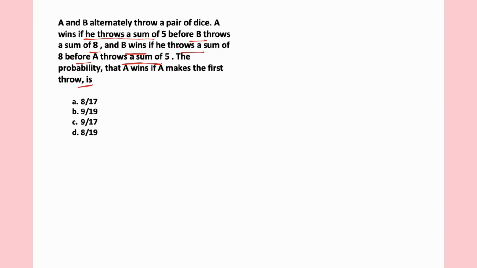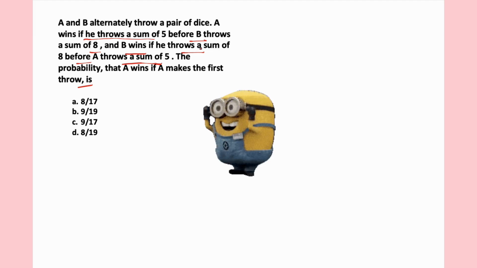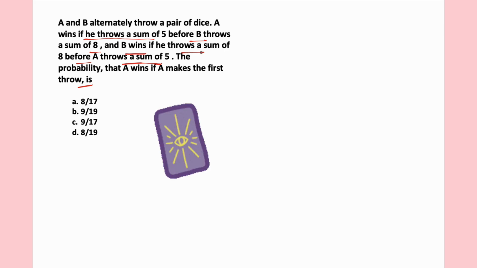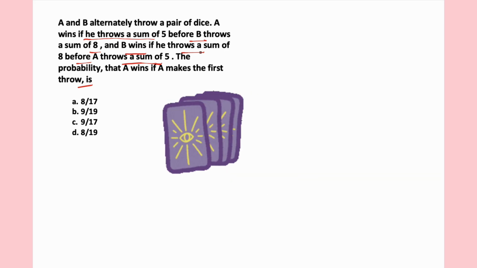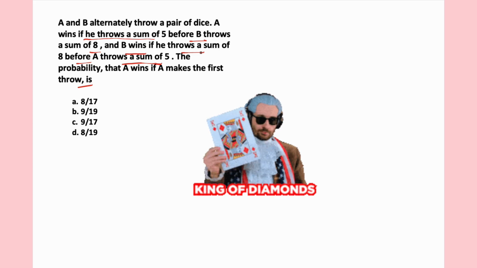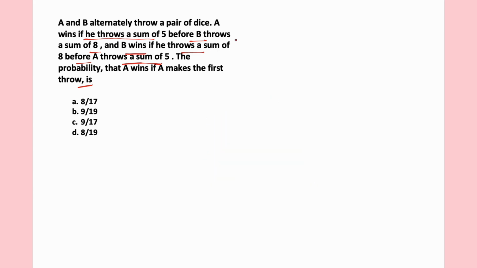So basically a case is given, two players are playing, and a player wins if he throws a sum of 5 before the other player throws a sum of 8. This can be changed, like suppose two players are tossing a coin, and whosoever gets heads first wins the game, or two players are picking a card from a deck of cards, and whosoever gets the king of diamonds wins. So there can be many cases, and suppose this can be changed as